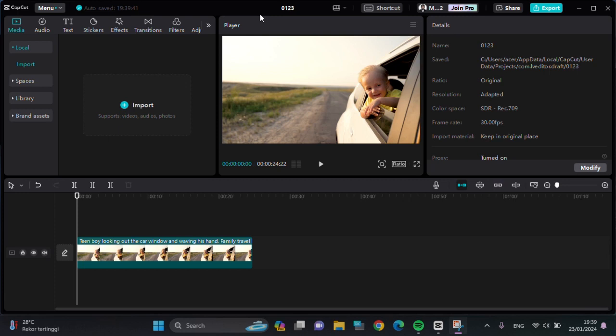In today's video, I'm going to show you how to do aggressive shake effect on CapCut PC. Alright guys, here I have opened my CapCut application on my PC, and here I have created a project on my CapCut PC. And if you want to do the aggressive shakes effect, the first thing we're going to do